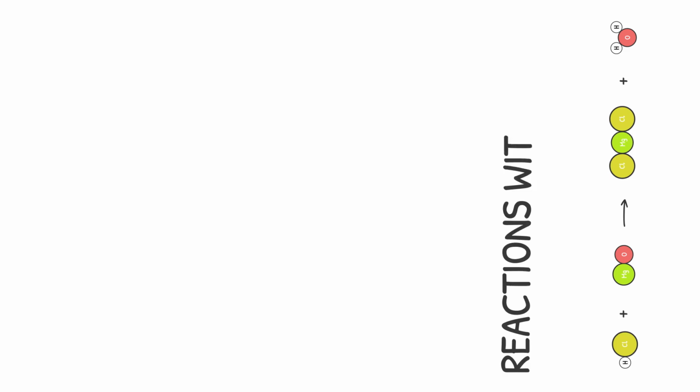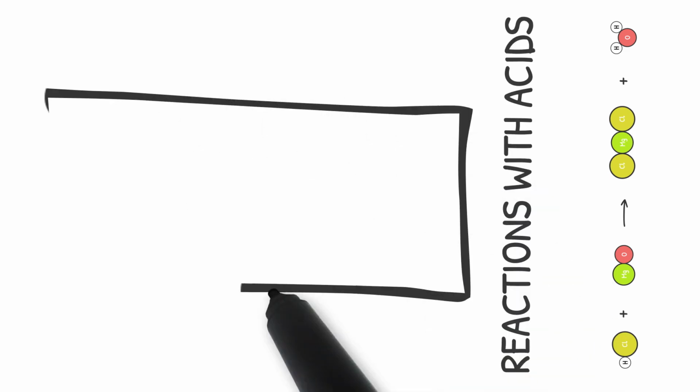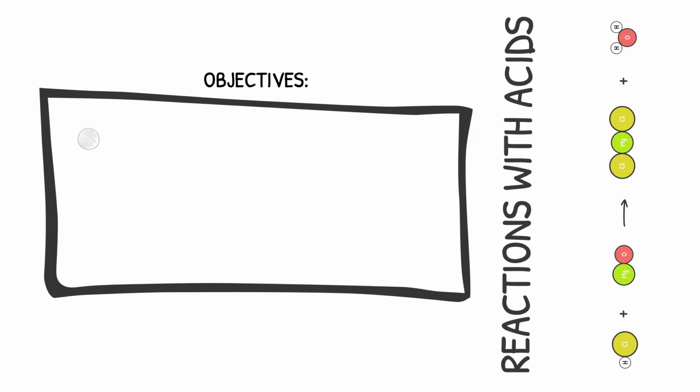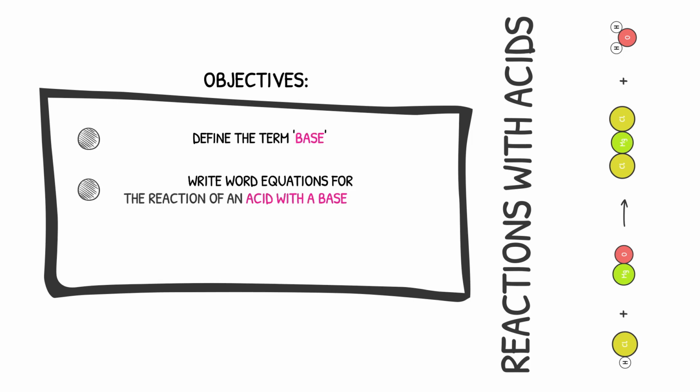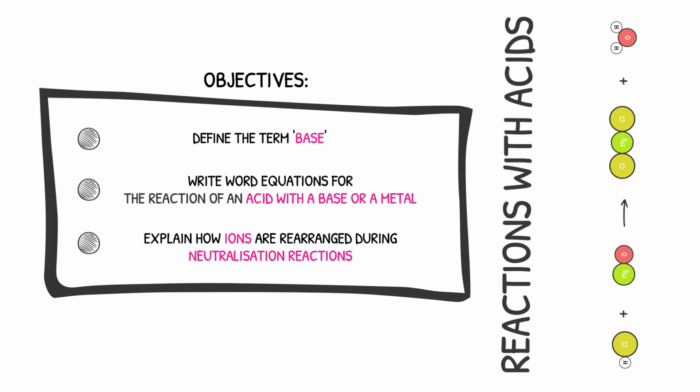In this video, we are looking at the different reactions with acids. By the end of this video, you should be able to define the term base, write word equations for the reaction of an acid with a base or a metal, and explain how ions are rearranged during neutralization reactions. So, let's go. Before we delve into the main concepts of this video, it's important that we first visit the